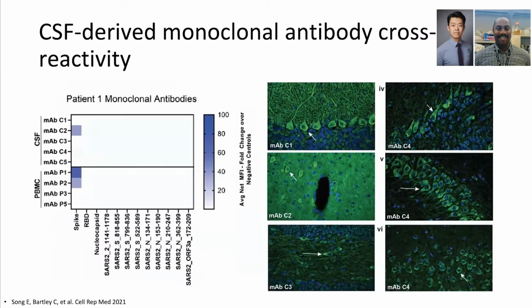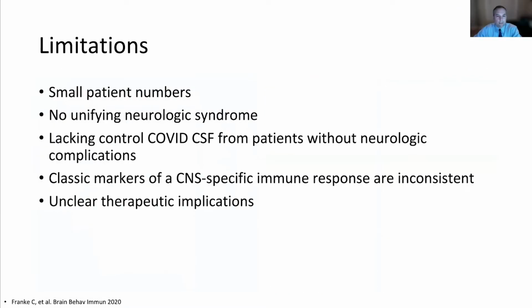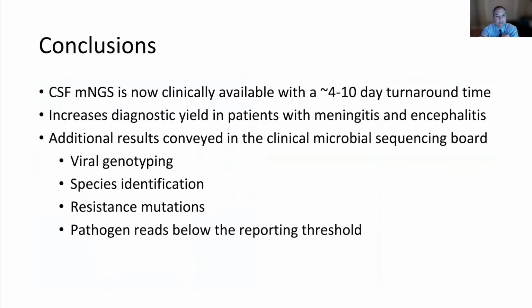And the last part that we've been working on is generating monoclonals from expanded B cells in the CSF of these patients, and finding that with some of these monoclonals, there's evidence both that they target autoantigens and that they have cross-reactivity to different regions of the SARS coronavirus 2 spike protein. So I'll conclude there and just highlight that viral discovery in neurologic conditions, especially patients presenting with acute